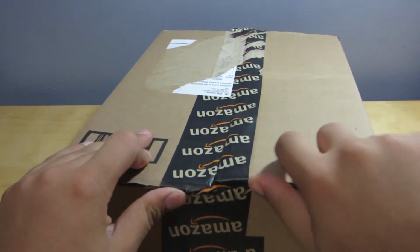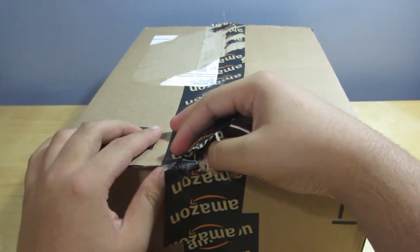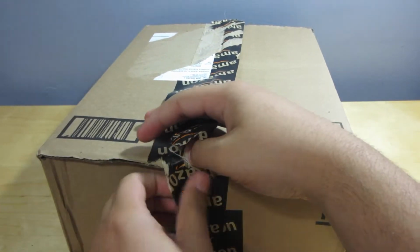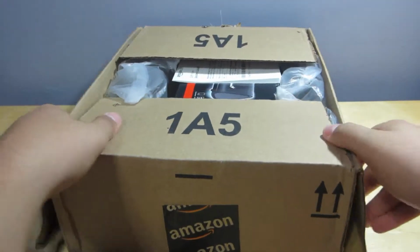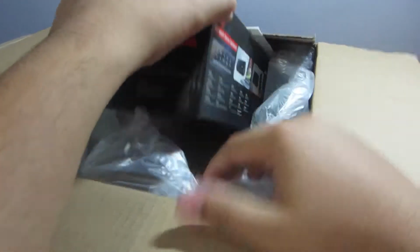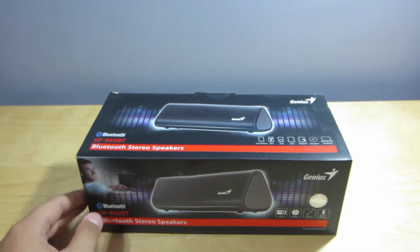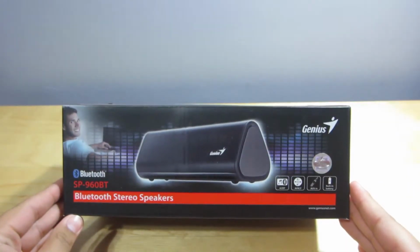So here we have the pretty big box. We are actually going to open this up and take off the Amazon tape. And let's see what we have inside of here. So here we go. It's actually a bigger box than I thought it was going to be. I thought it was going to be smaller than this. And here we have the Genius